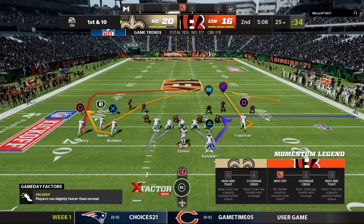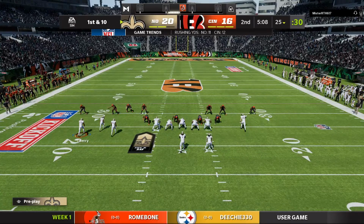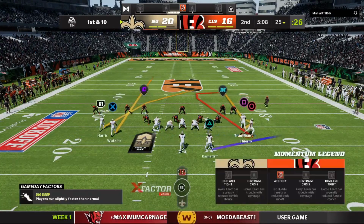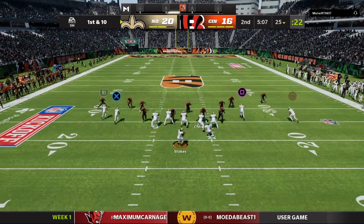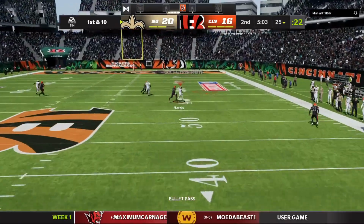The Saints offense on the field ready to get their drive started. And Charles, the way touchdowns have come so fast and furious for both sides in this thing, it's starting to feel a little bit more like maybe a tennis match in a football game. Yeah, I like your description there. Maybe we're sitting in a nice royal box watching this type of a game. But let's face it, right now, the way it's going back and forth, it's going to come down to who can